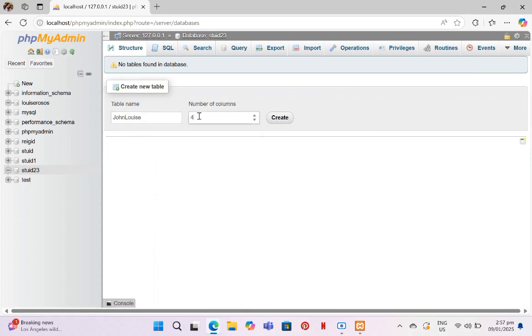Here, enter the name of the database, then the number of columns, 3.